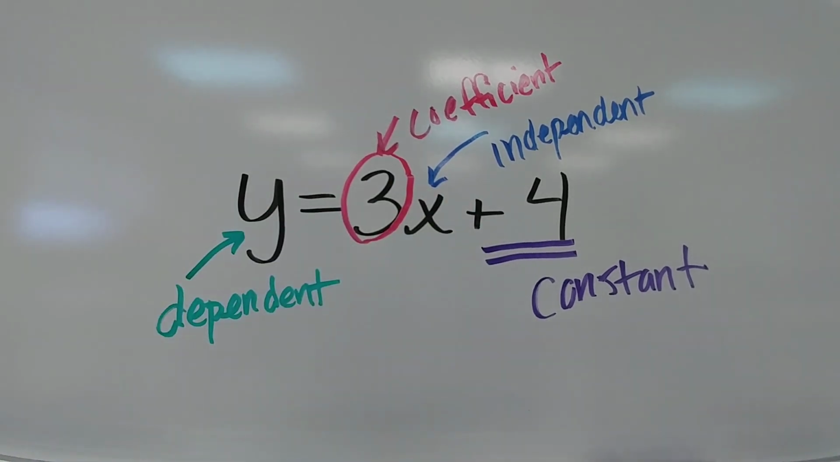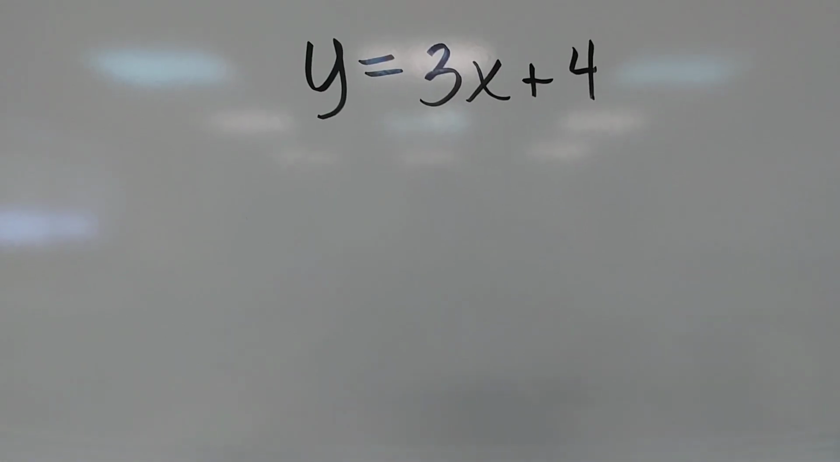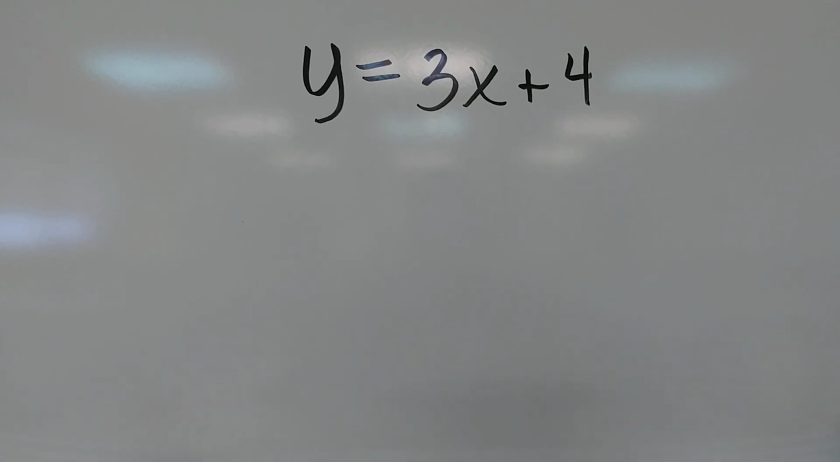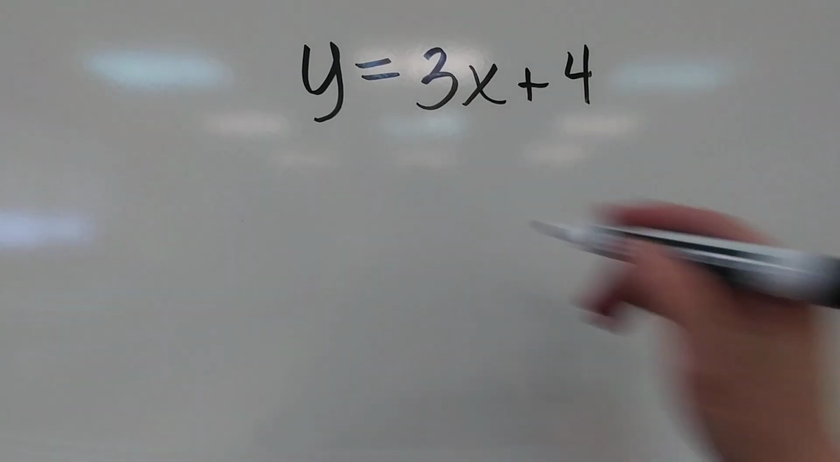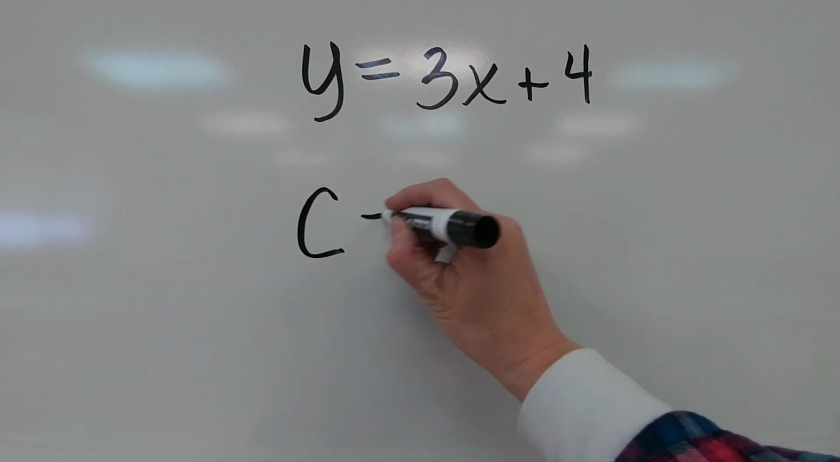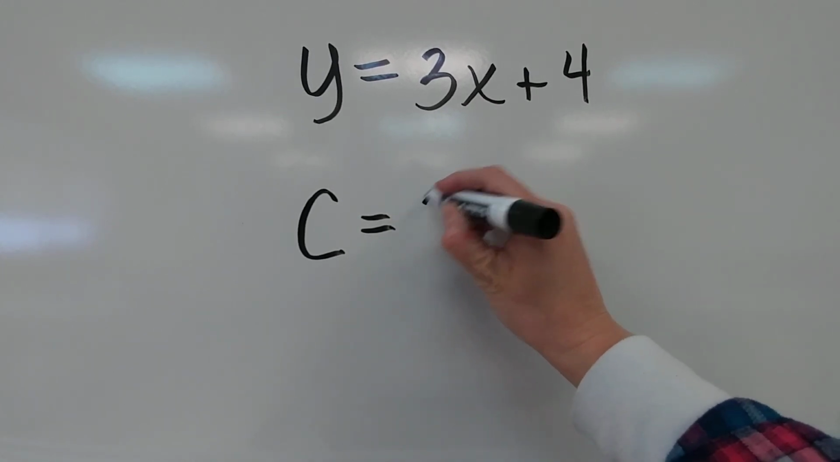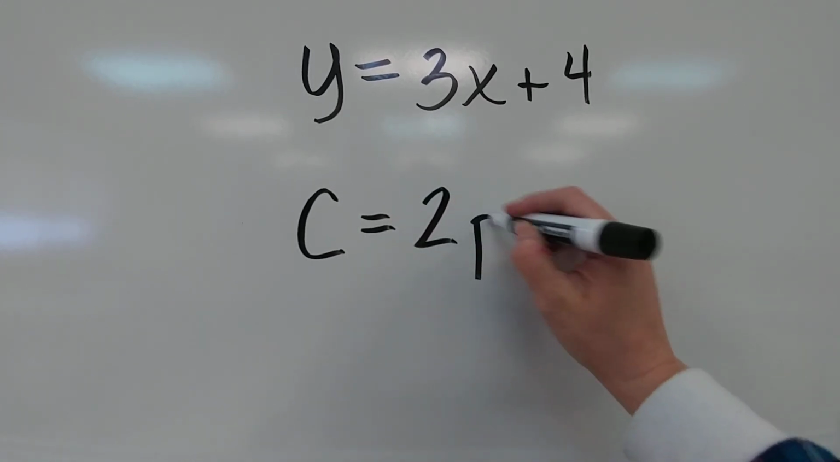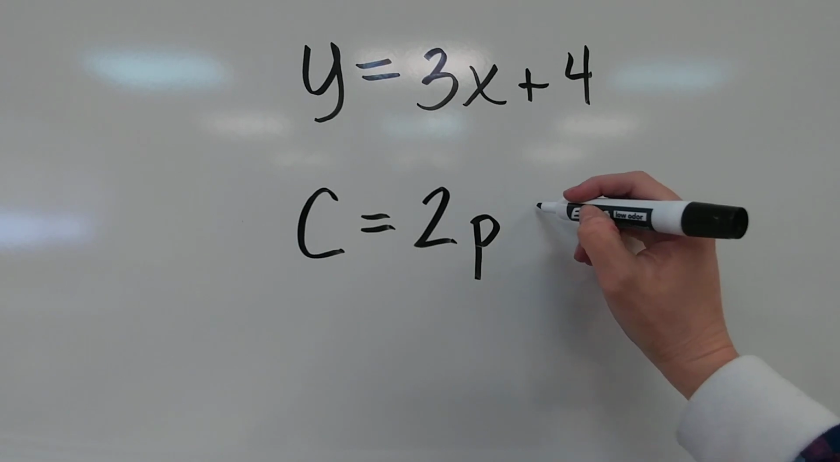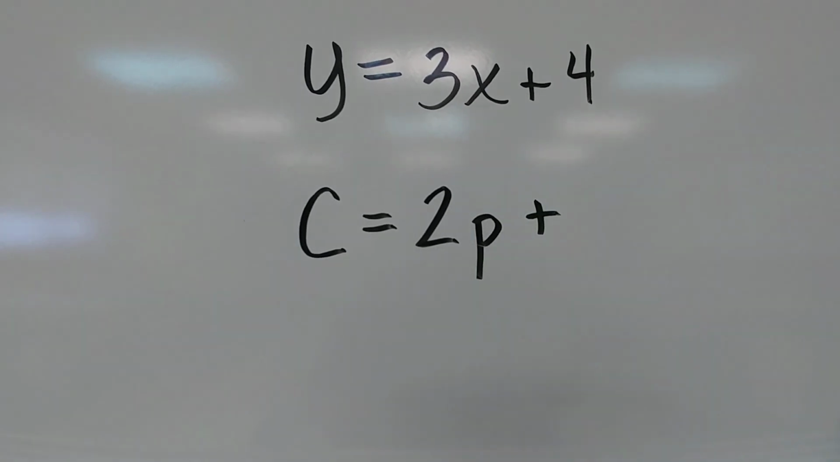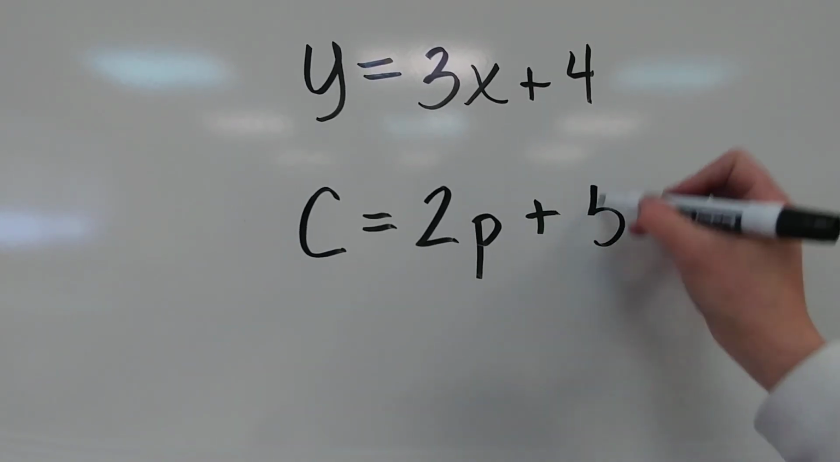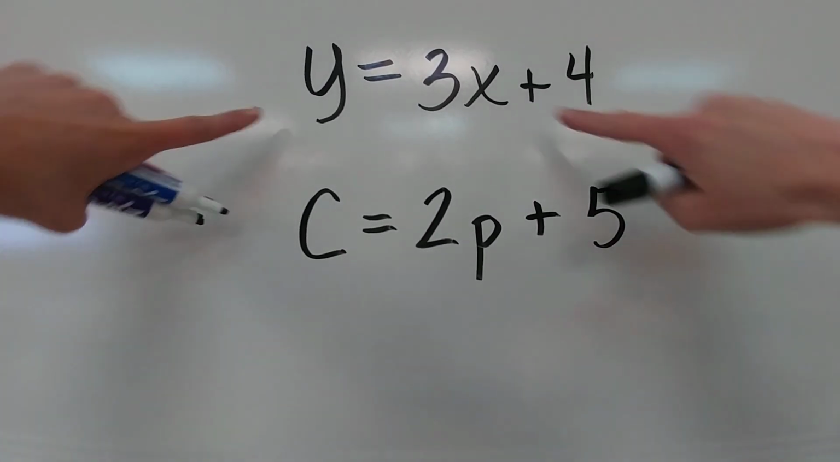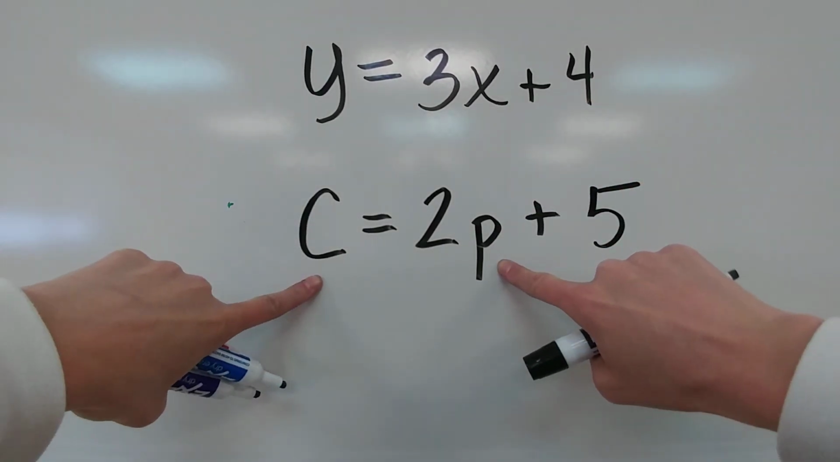So all four of these vocabulary words are parts of a linear function. Now don't be fooled. We could change the variables in the equation. Perhaps we have the cost of going to an amusement park is $2 per person plus $5 for parking. Even though I've changed the x and the y to a c and a p,